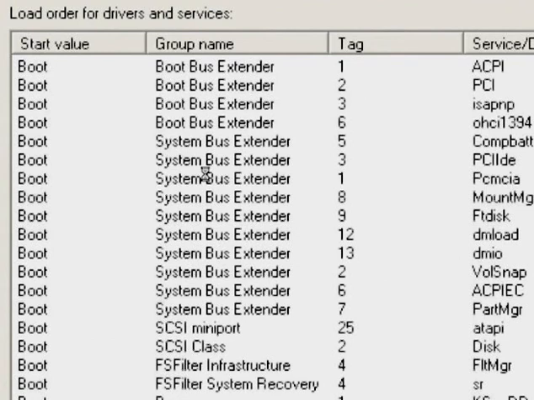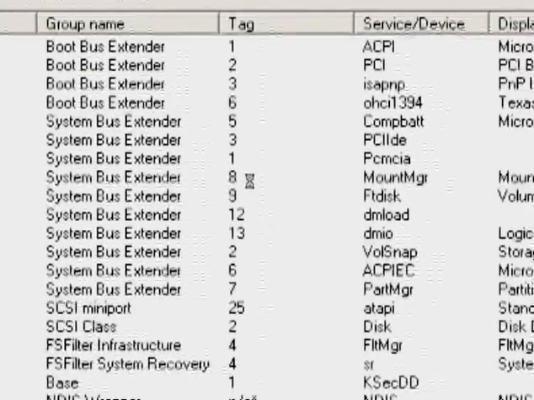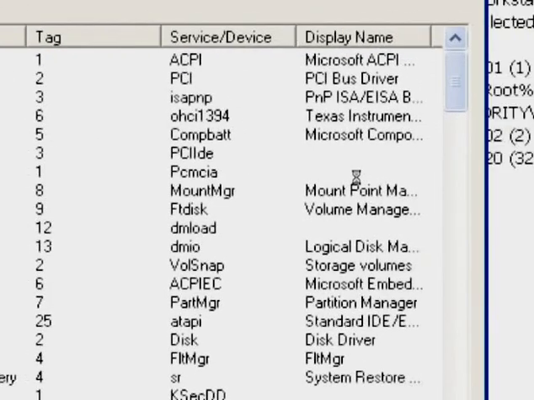So the broadest category here is the start value on the left, and we're looking at the startup order of various boot start drivers. These next couple of columns are the group name and tag, which device driver developers can use to control their order within a boot phase or within a group, which is what the tag does. And the group name itself would be shown next, followed by the display name of the particular driver. And something else, Mark, that can affect the start order of statically defined drivers would be dependencies. Some drivers are defined to depend on another driver or service, so that would also override some of the static definitions that we talked about.